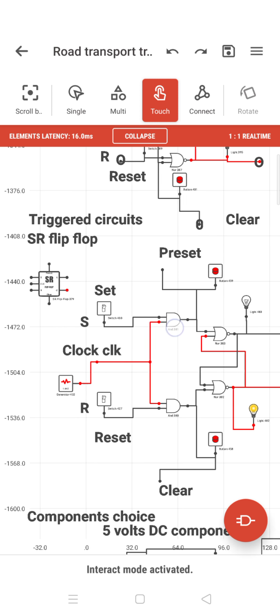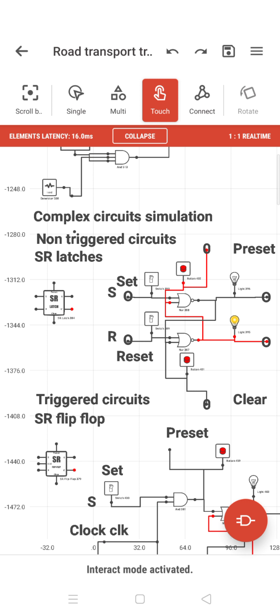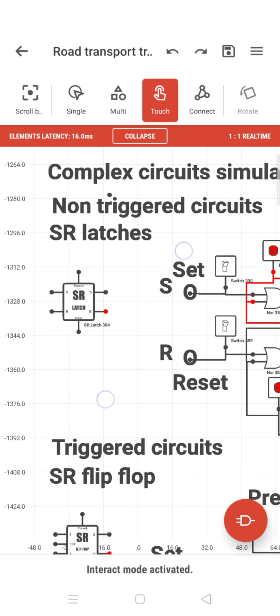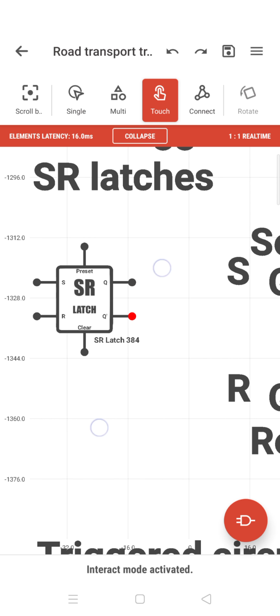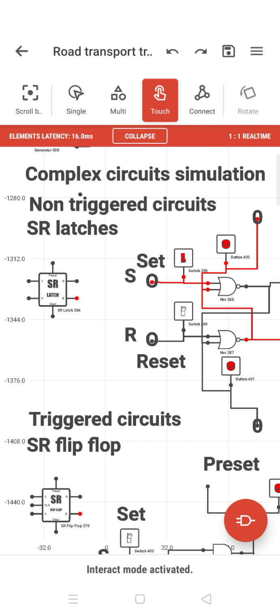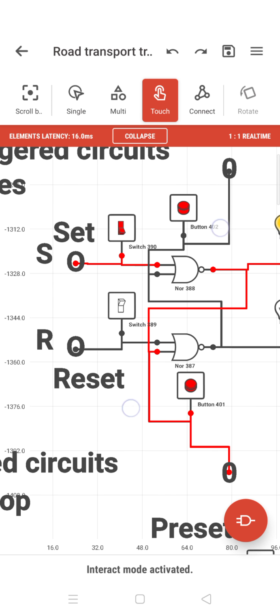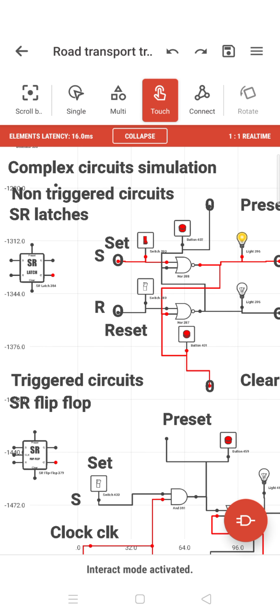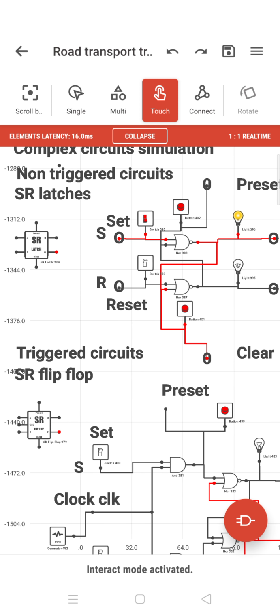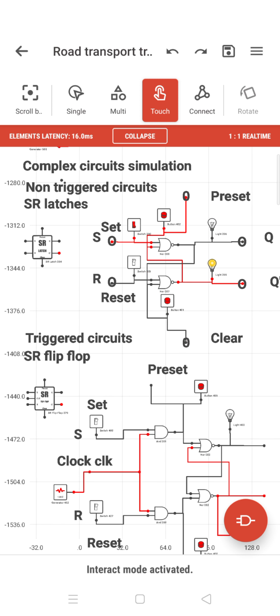Triggered circuits, I told you, are with a clock. So this is not with a clock. They just do a flip-flop straight away. It's just a kind of SR latch. Latch comes under this kind of thing. This is called a latch. So there's no clock there. If you see here, there is no clock here. They latch onto something. This is mostly for a memory kind of unit.